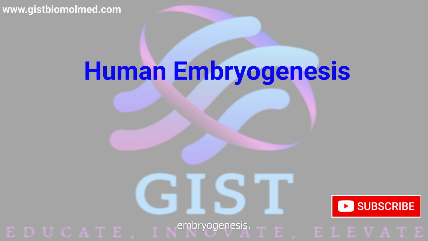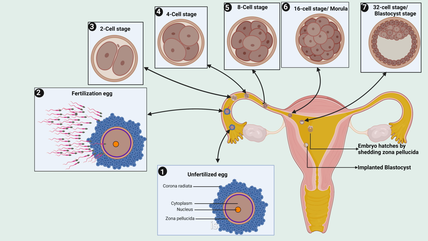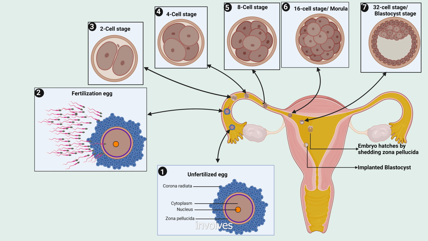Human embryogenesis. In humans, embryogenesis occurs in the female reproductive organ. Embryogenesis is the process by which a zygote develops into a fully formed embryo, a critical phase of early development in multicellular organisms. This process involves a series of highly complex coordinated events that transform a single cell into a